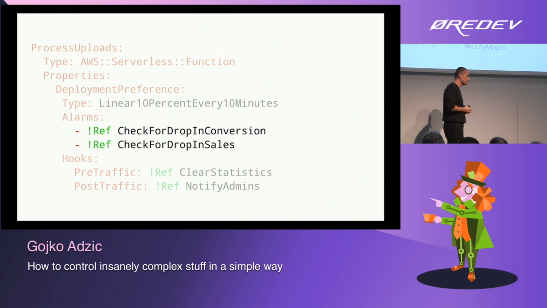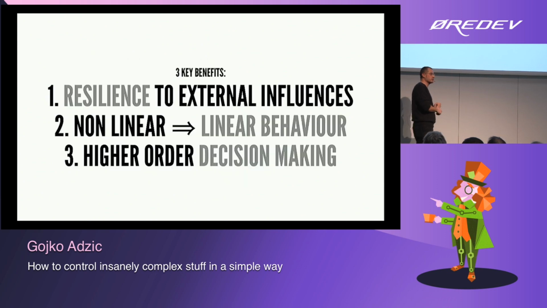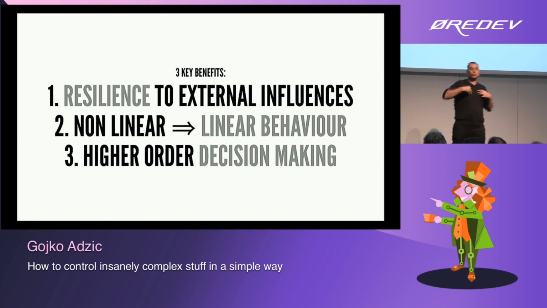Then we'll understand it. So, feedback systems in general, these feedback loops, mathematically and things like that, tend to have 3 key benefits. And it's useful to think about which benefit you want before you start designing a feedback system. So the first key benefit is resilience to external influences. That was, I don't know what third-party libraries are going to do to me. I want to make a system resilient to that.